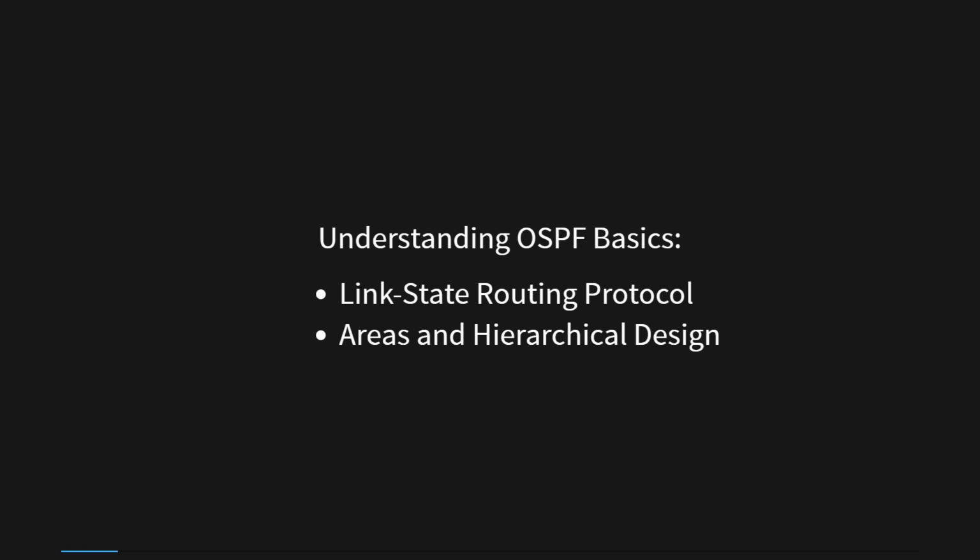To enhance network efficiency and scalability, OSPF employs a hierarchical design with the concept of areas. The backbone area, designated as Area 0, acts as the central core of the OSPF network. Beyond this, additional areas, such as Area 1, Area 2, and so forth, can be established to organize and segment the network. This division of areas reduces routing traffic and optimizes the overall performance of the OSPF network. By effectively managing routing information, OSPF enhances network stability and ensures efficient data transmission throughout the interconnected network.